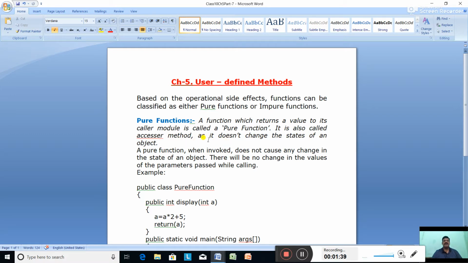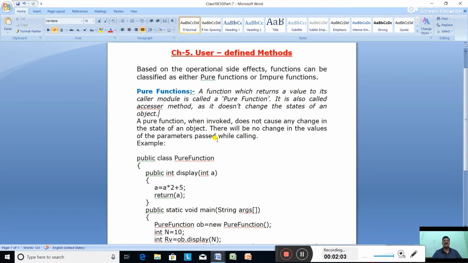That means the values remain the same; the state of the object does not change. So this is the definition: a function which returns a value to its caller module is called a pure function. It is also called an accessor method as it doesn't change the state of an object.